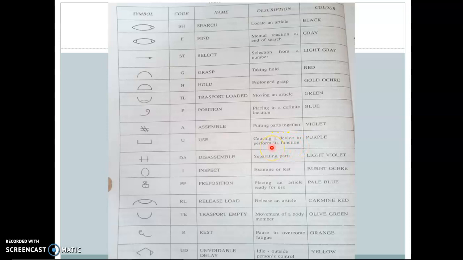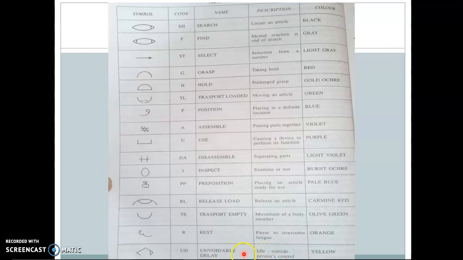That means if you want to use a machine, or turn on a machine, at that time you can use U. Separating parts is disassemble, and the code is DA. So these charts are suitable for recording the various activities.